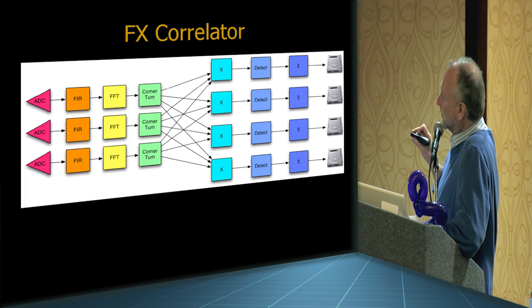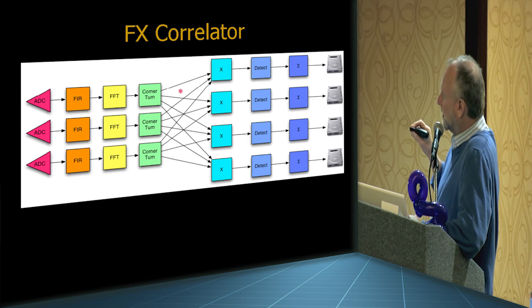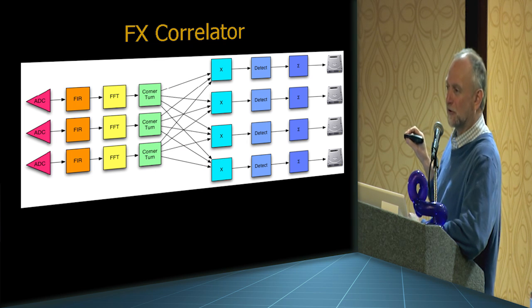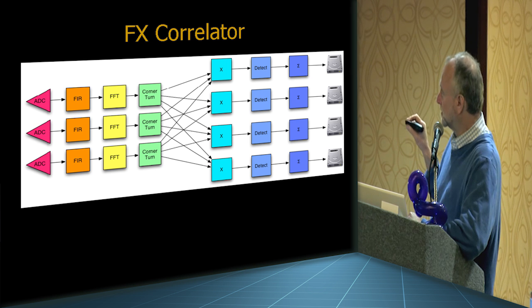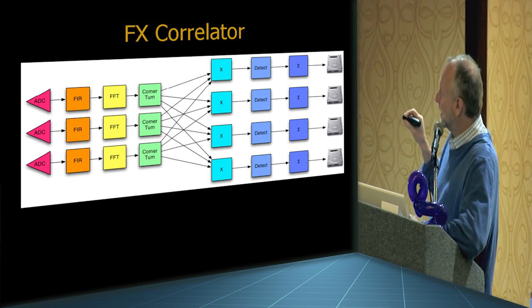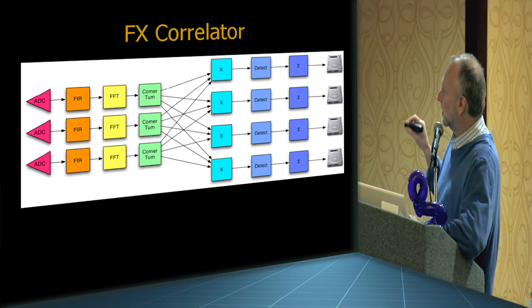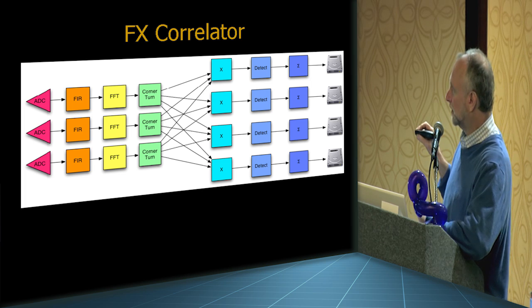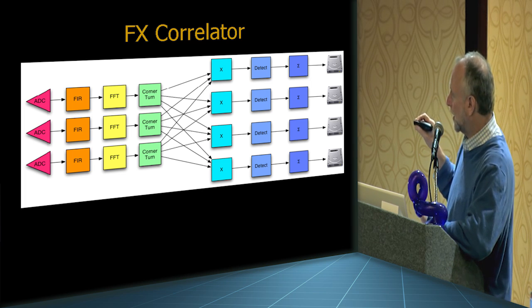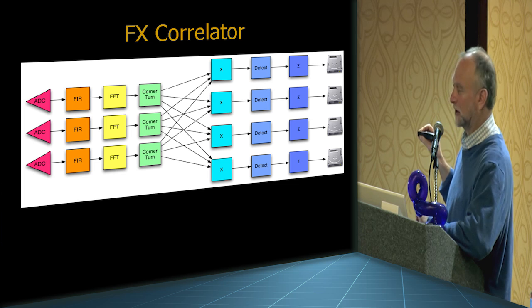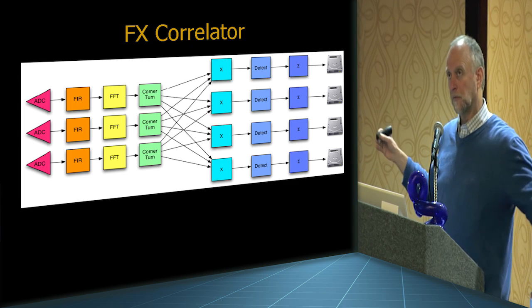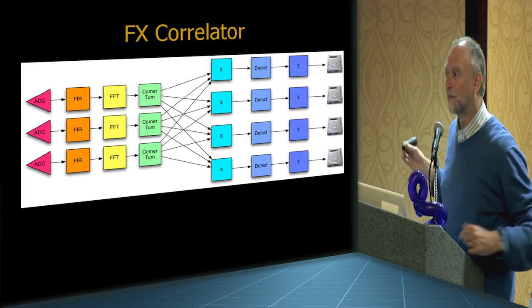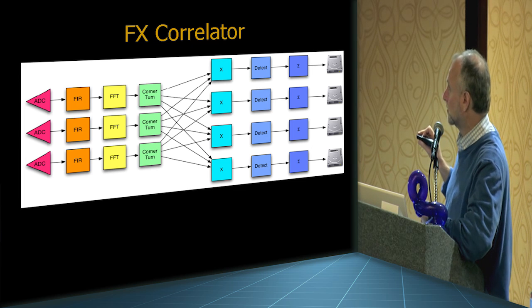Anyway, by the way, this was done in the past with all these things being wires, and some people had more than 1 million cables in their correlator because of this n squared. This is an n squared routing, right? It's the number of antennas times the number of X engines, so there's a lot of interconnect going on in here. Each one of these things was a wire or a coax cable, and they had bundles a couple yards across, cables of 1 million wires in their correlator.